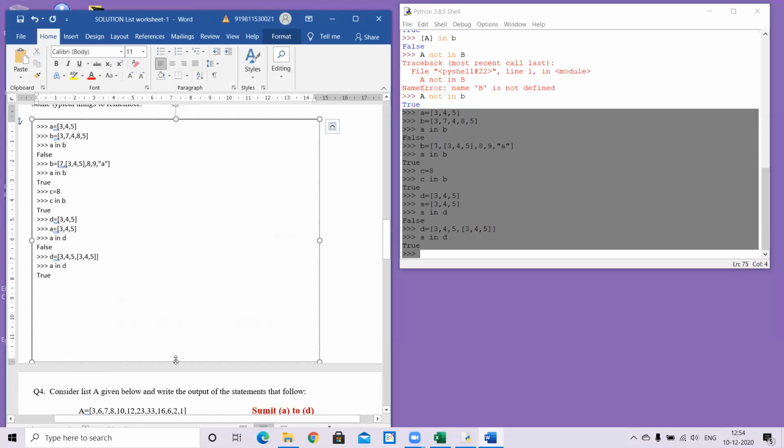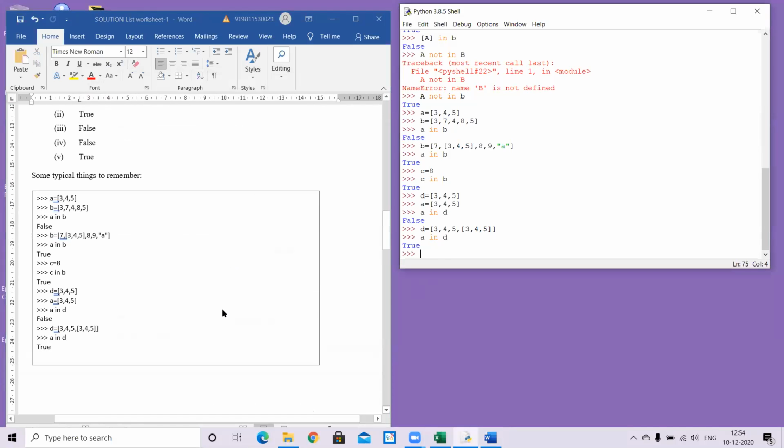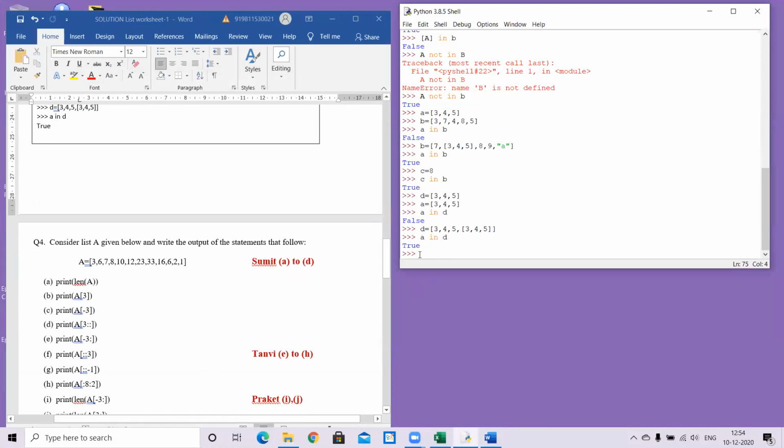Now tell me, what were you saying? Yes, Sachin. I was asking, like in B you have given 3, 4, 5, you have combined it in a specific space. So if I take only 3 and 4 in D and ask A in D, just take 3 or 4... No, 5 is not there. The subset story will not work like this.